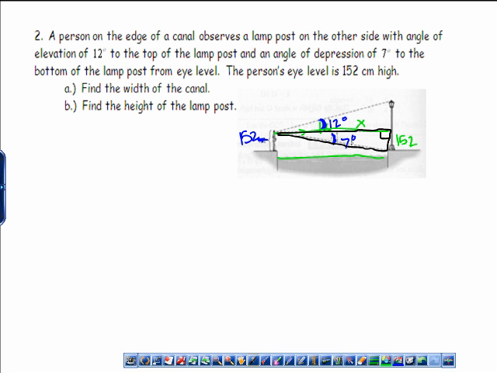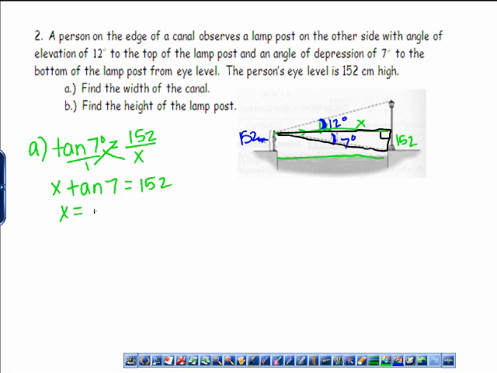All right, either way, according to the 7 degrees, opposite is 152, adjacent is X, so we're going to use tangent. On these types of problems, we frequently use tangent. So tangent of 7 degrees equals 152 over x, and now this is a problem like what we did yesterday. So put this over 1, let's cross multiply. We've got x tangent of 7 equaling 152, so I would divide by tangent of 7. So my answer is 152 divided by tangent of 7. And so that approximates to